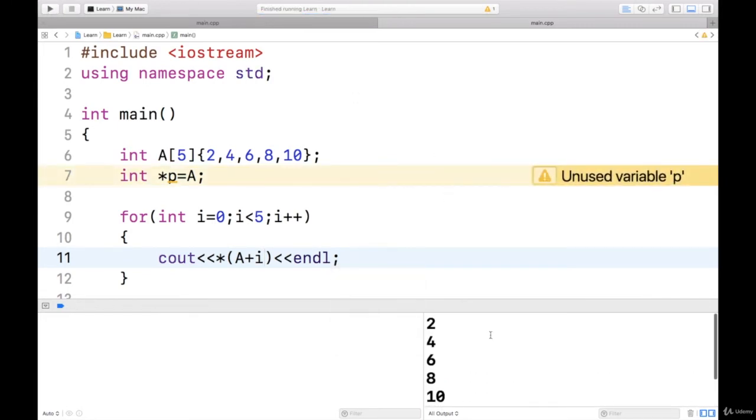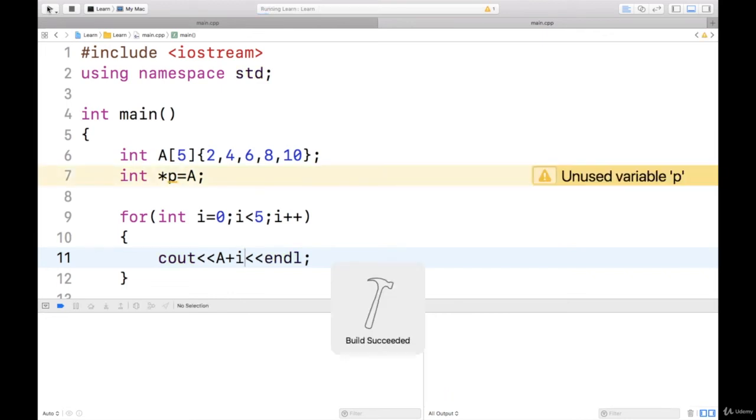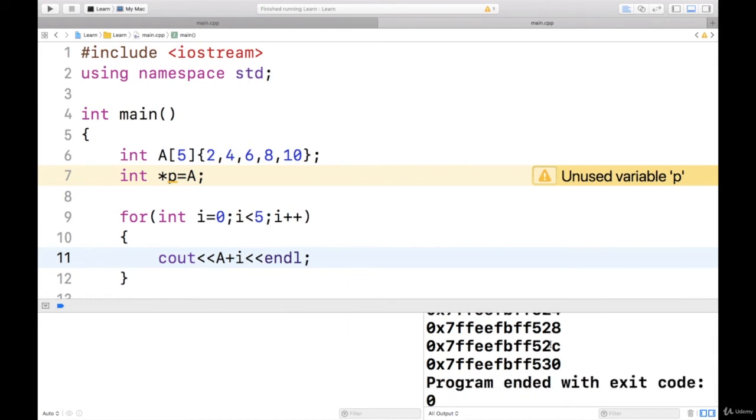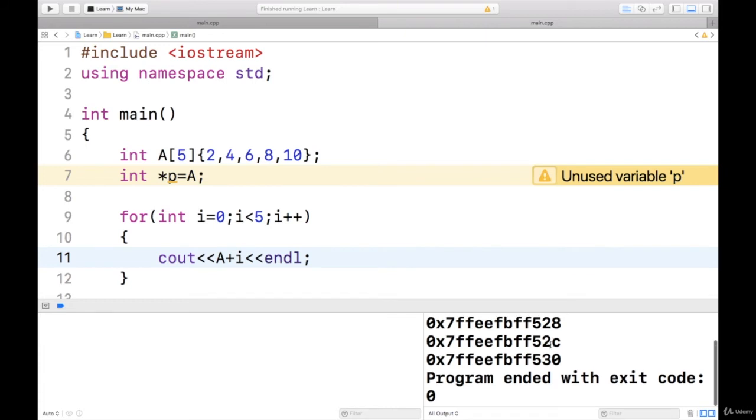Yeah, again it's working. I can use this syntax also. If I don't write star in the beginning, then I should get addresses. Star will give the data and this should give addresses. So it will give addresses of all the locations of an array. See, the first location's last two digits were 20, then 24, then 28, then 2C because it's hexadecimal, then 30. So this is in hexadecimal form, 4 bytes each. So I am getting the addresses of all.